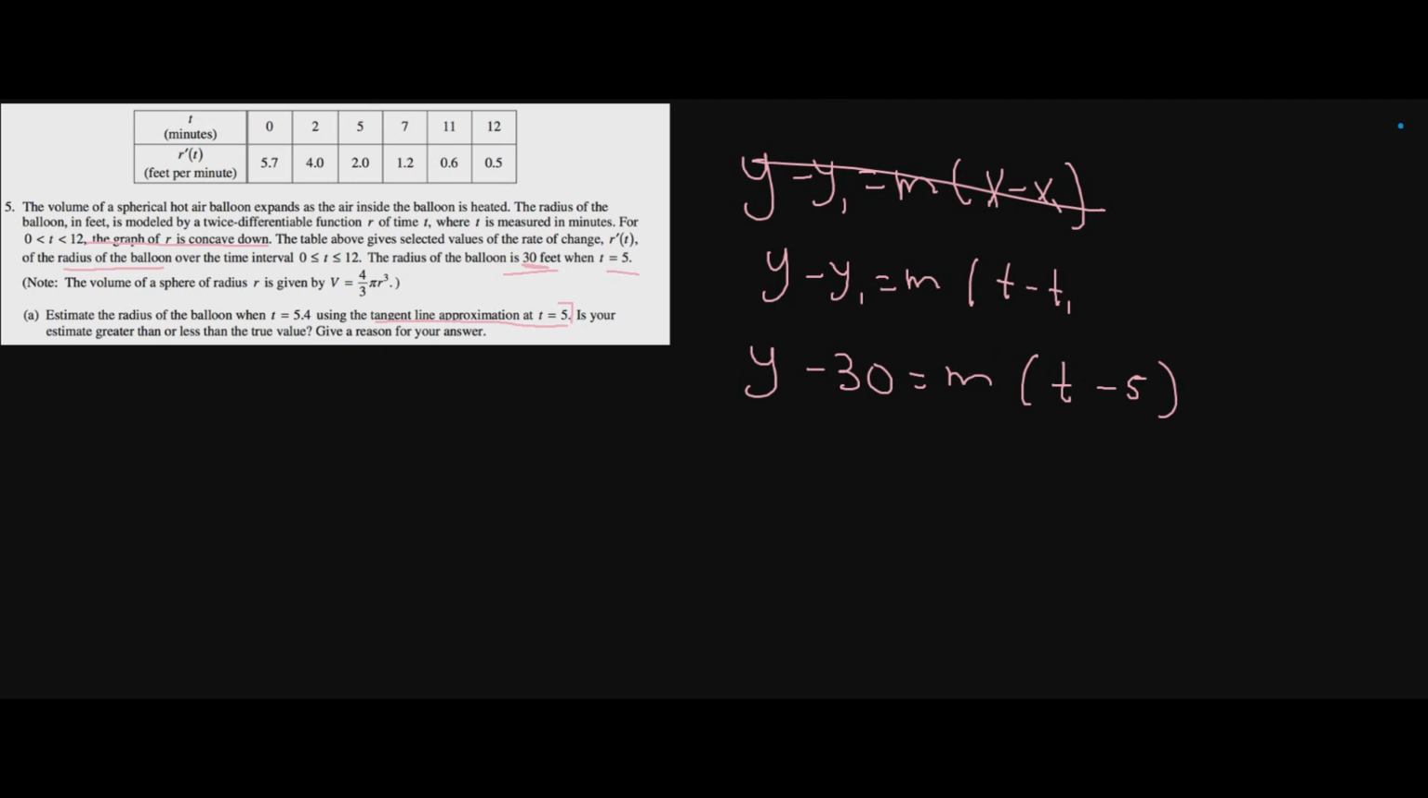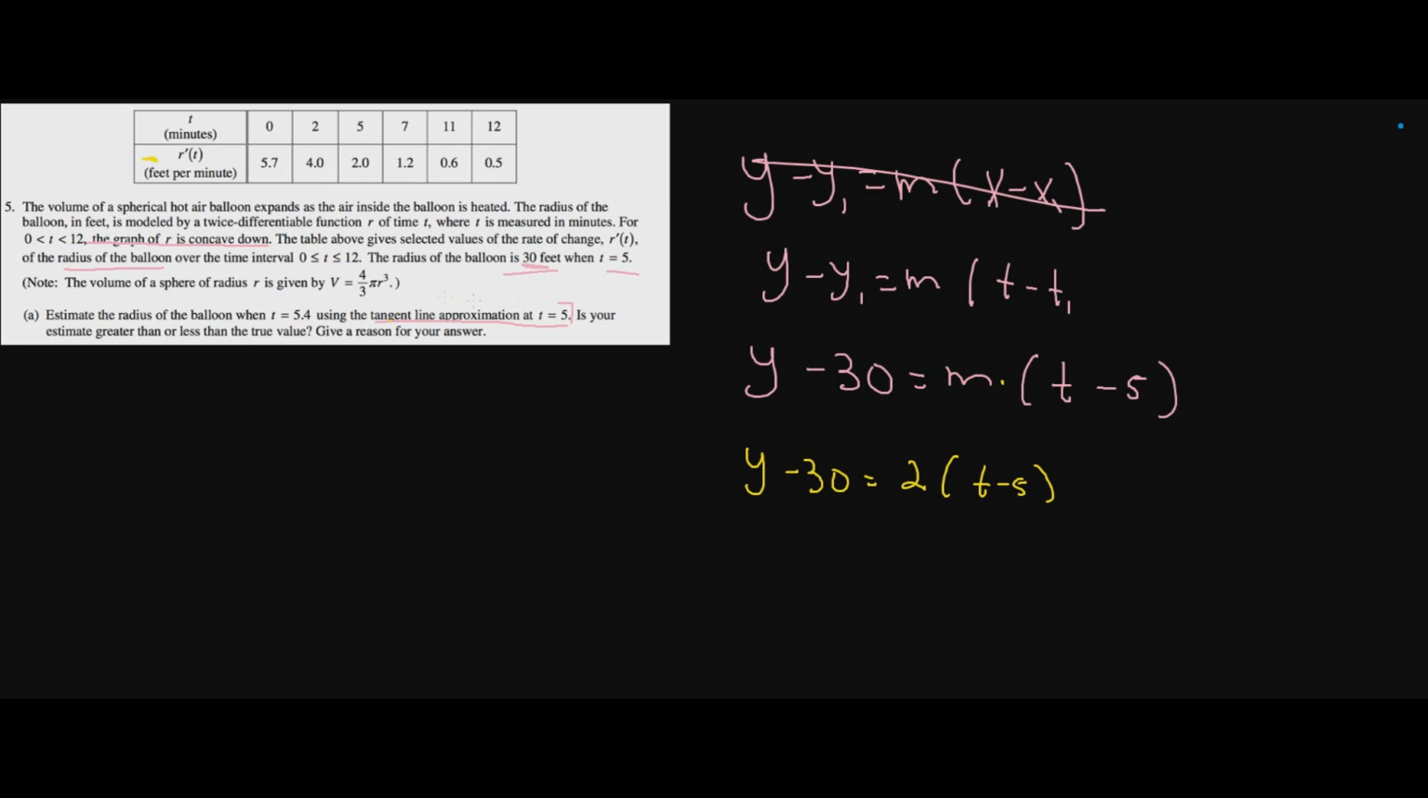Well, how do we get m? We're going to get m by taking the derivative and plugging the values at 5. Well, guess what? We already know the derivative because that's the table. It's the derivative, and at 5 it's 2. Beautiful. So now I know this is y minus 30 is equal to 2 times t minus 5. So now we have the tangent line. Here it is. We now have the tangent line approximation,